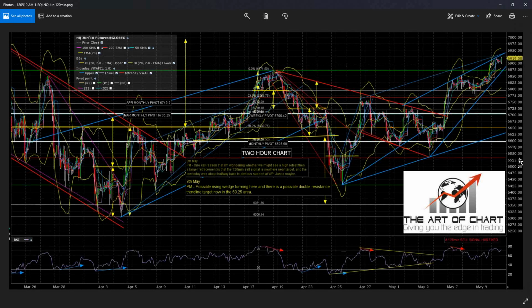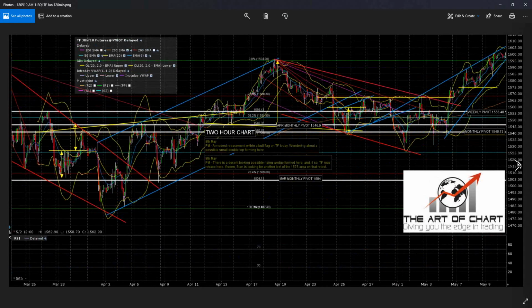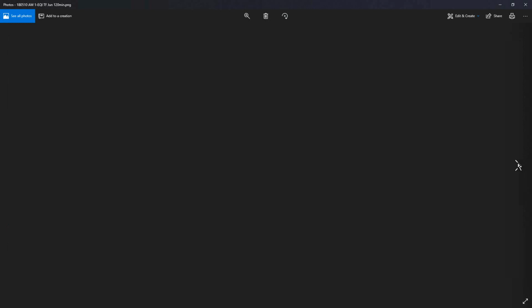So this is a nice setup. We are looking for a retracement soon. That may well start from a high today. In fact, I'd be going with probably will on this overall setup so far. CL. Now,